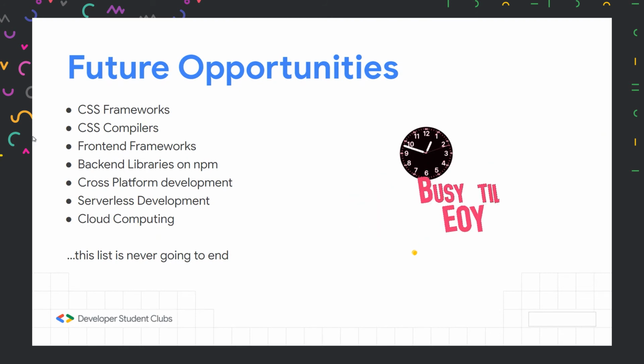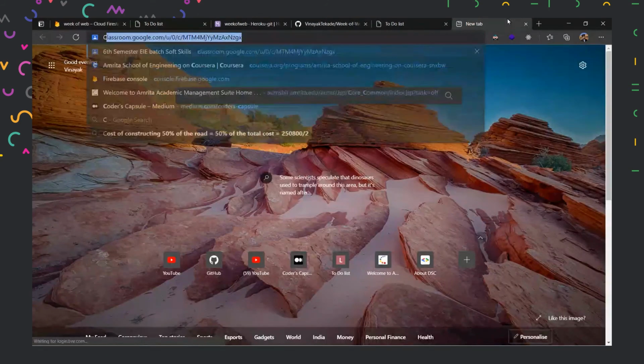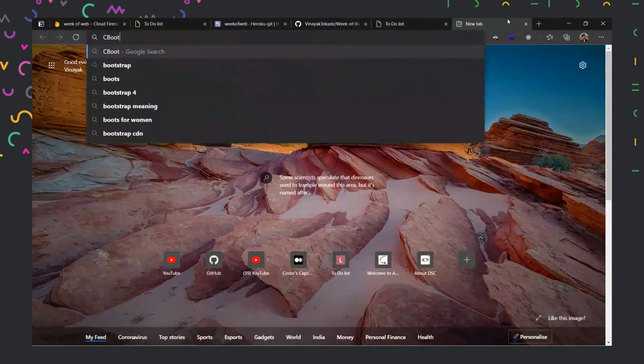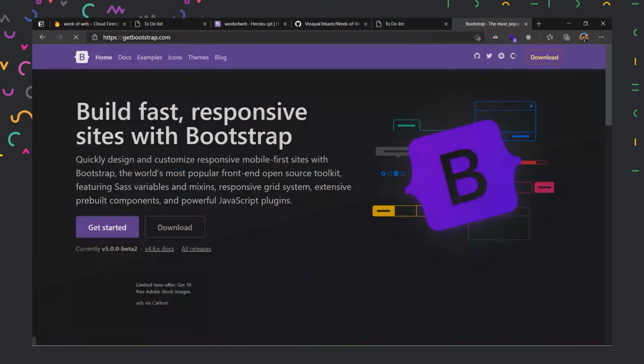So other things are, we have CSS frameworks available online. If I show you similar CSS frameworks, we have something called Bootstrap. Bootstrap recently came up with version 5, but I would still recommend you to learn Bootstrap 4.